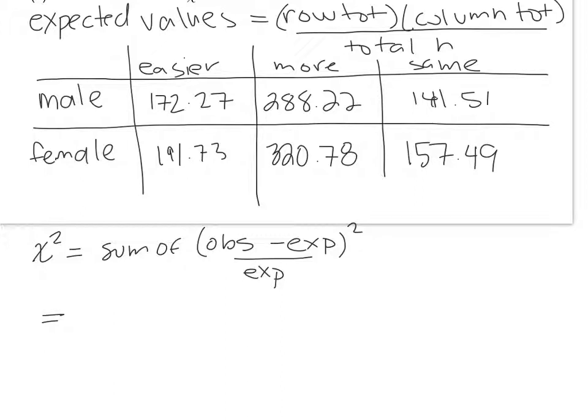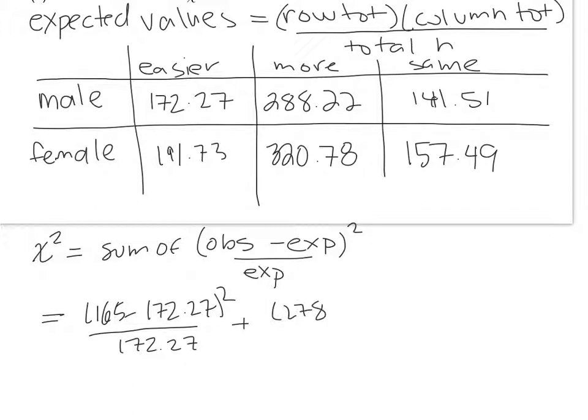So for the male, easier, the observed is 165 minus 172.27 squared over 172.27 plus, next we have, just going straight across that male row, 278 minus 288.22 squared all over 288.22